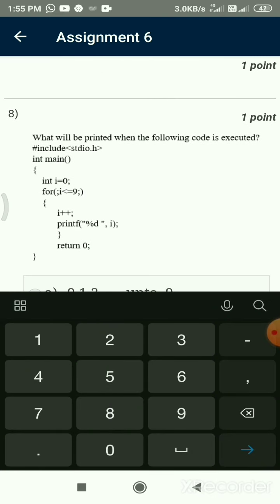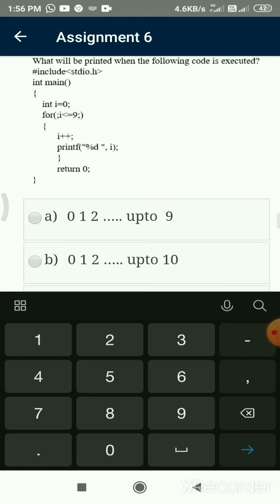Eighth question: what will be printed when the following code is executed? Some code is given, int main, i is 0, a for loop. Actually in a for loop we can take 3 statements, but here 2 statements are skipped: the assignment statement and the increment or decrement statement. No problem, it is still executed. The condition is i less than 9.